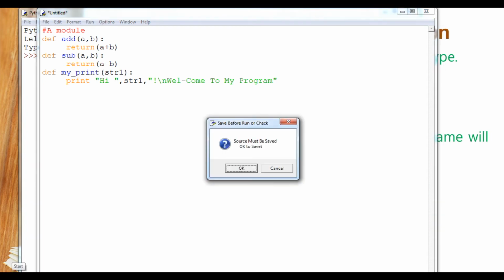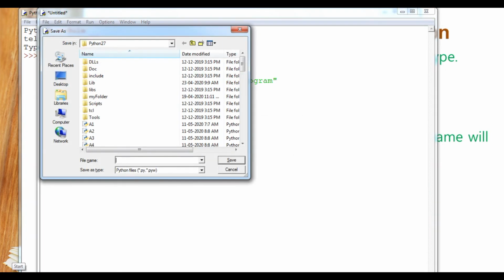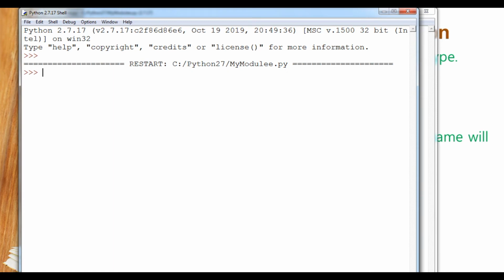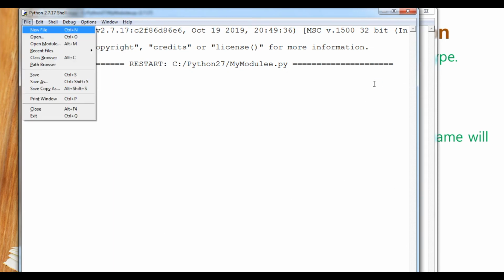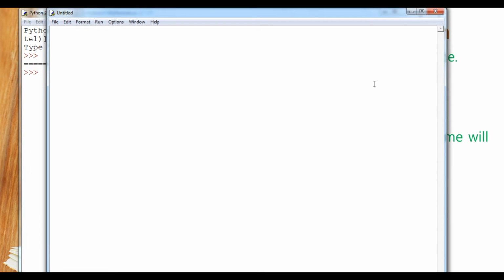When you compile it, save this file with a name, suppose my module, and save it; it will create an executable file. And now I am going to create a new file in which I will import that particular data. So here, importing module, which module? User defined module. Students, now I am going to import my module.